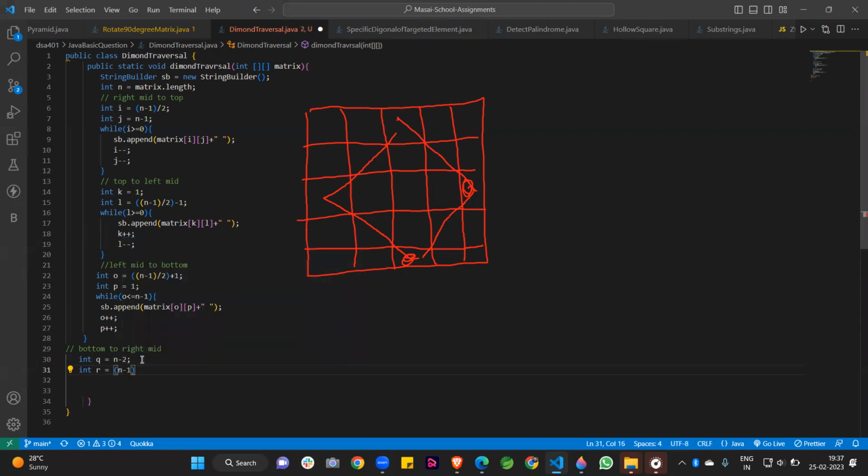N minus 1 divided by 2, n minus 1 divided by 2, and after that we are adding value in it. Like I am adding value 1. Okay. After that we can use semicolon. So guys, you can see here. So what I am doing here,